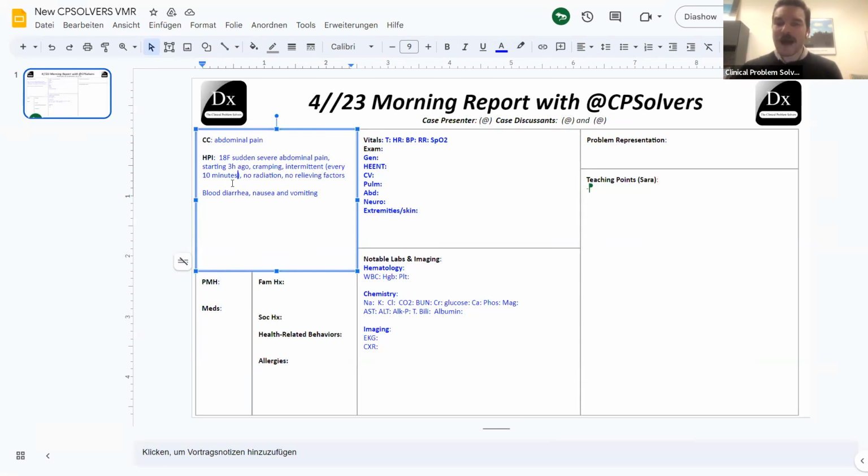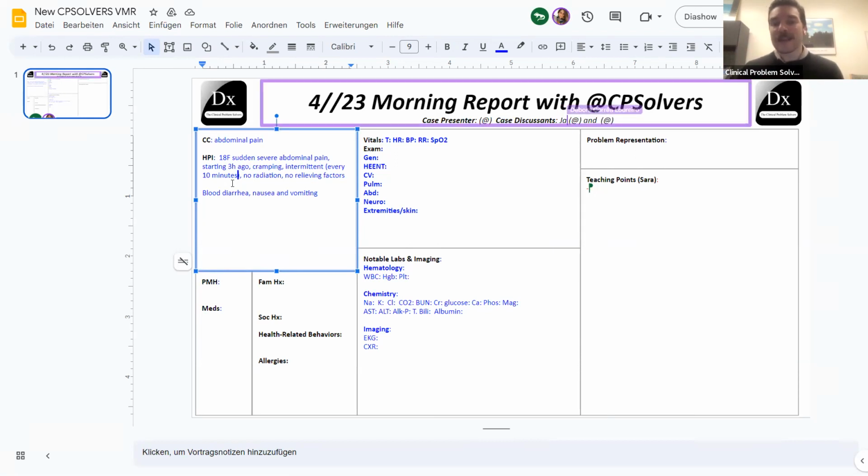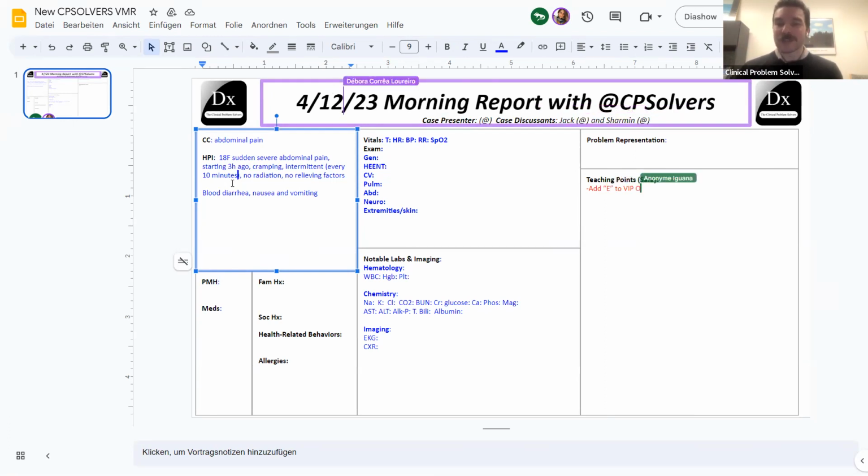Now, we have these interesting modifying factors of the bloody diarrhea, the nausea, and the vomiting. I will say that anything on that list, VIPOE, can come with nausea and vomiting, right? Any intra-abdominal pathology can make an individual experience nausea and vomiting. But I think the bloody diarrhea offers a potentially interesting signal for us here. So I'll turn it over to you, Sharmi, to take us through that part of it, and then anything else that you would add to the abdominal pain in general.